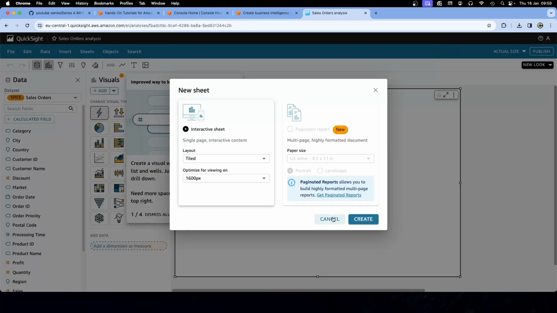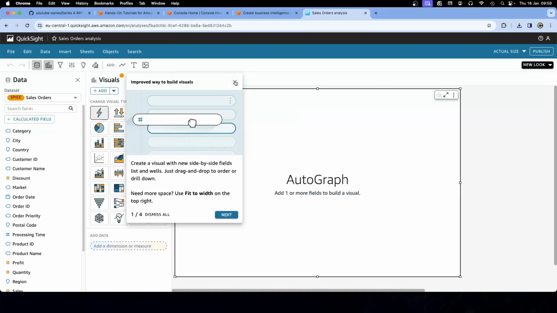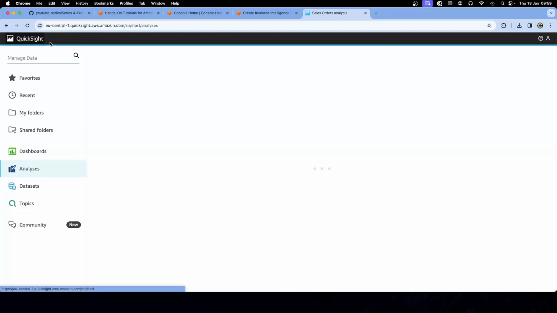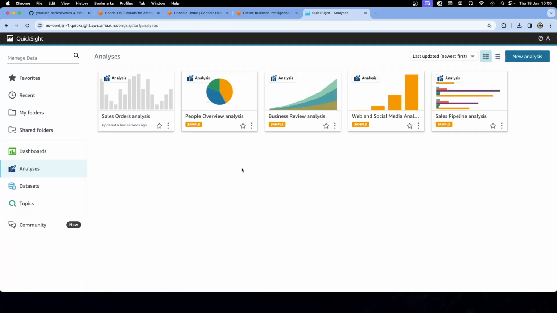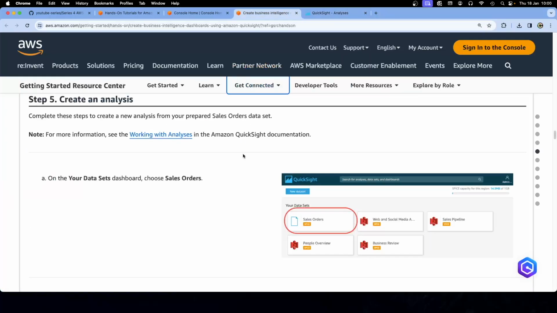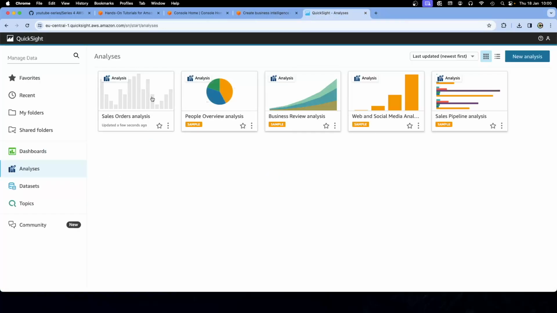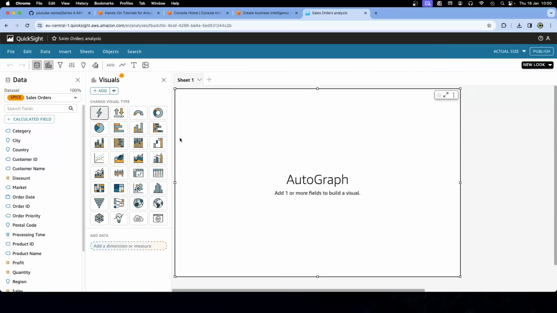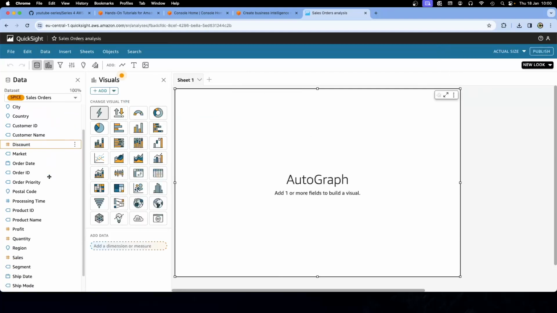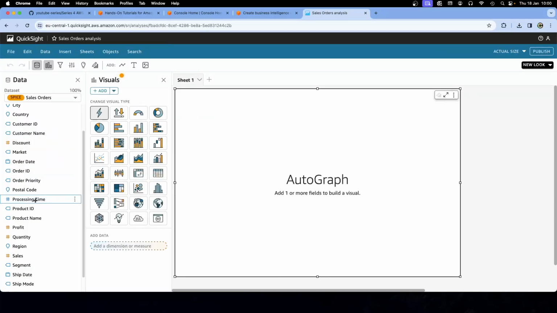And then let's cancel that for 1 second, cancel this for 1 second, go back to your QuickSight. So here's your sales order analysis. That's why it looks slightly different. Okay, we're getting this now. So basically your data sets, here's your data set analysis that updated a few minutes ago. You can click in here, you can modify this as you need to, because now we have all of those fields, and there's our processing time that we've added. It all just looks a little bit different, I've got to be honest, but